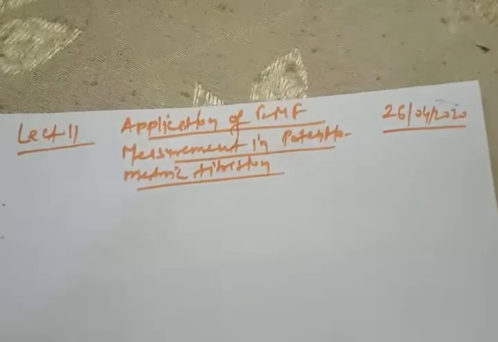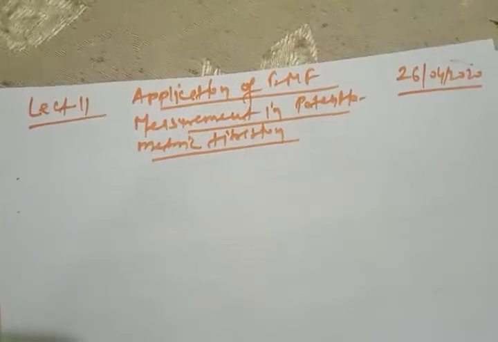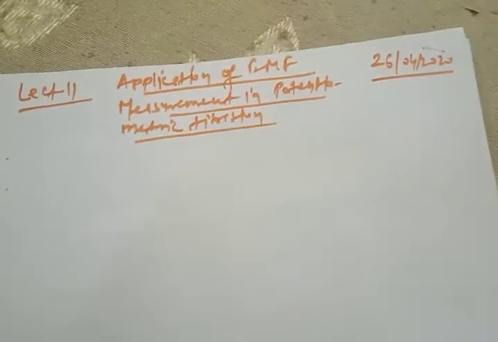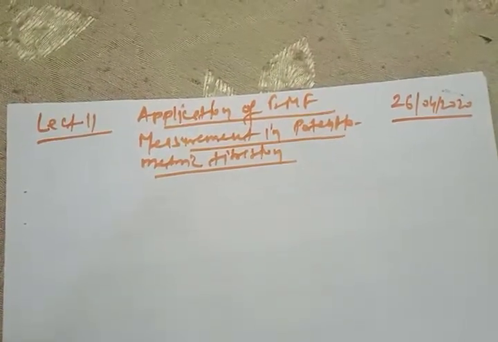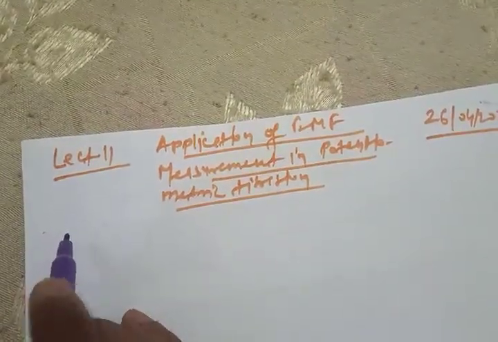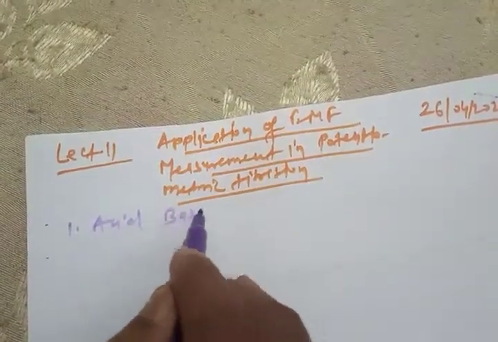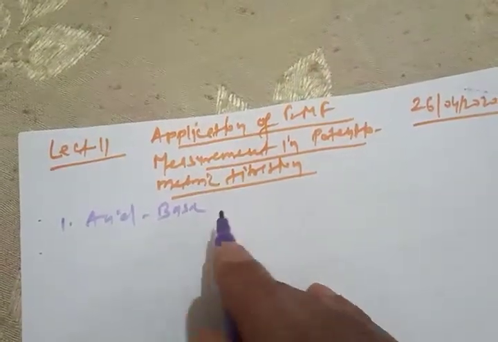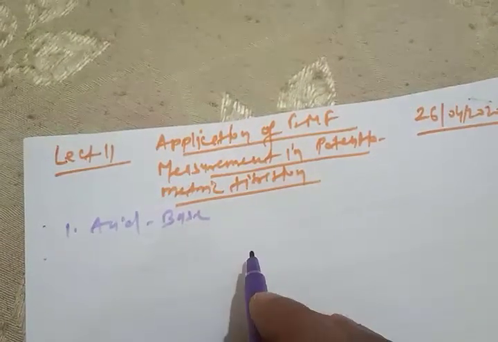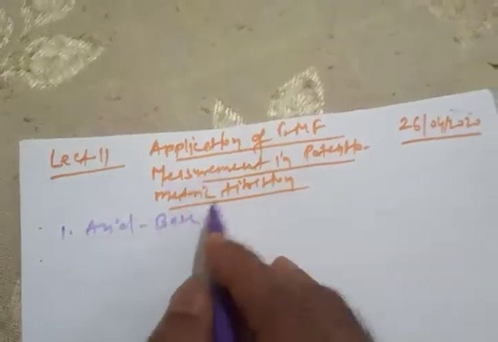If you know something about titration, it is a quantitative analysis, in order to find out the unknown quantity with the help of a known quantity solution. Mainly the titrations are of four types. One is the acid base titration, very common. In that we have four cases: strong acid strong base, strong acid weak base, weak acid strong base, and weak acid weak base. So acid base titration is of four types.